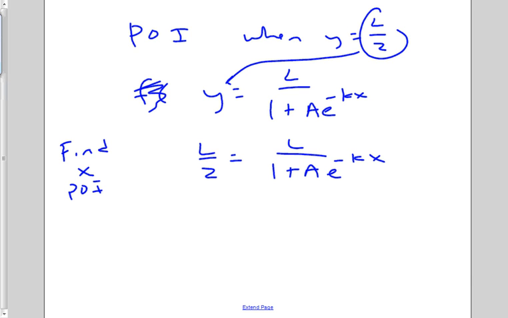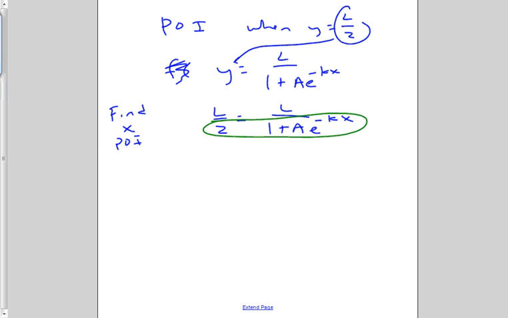This should look kind of familiar to you. We're just going to set these equal to each other. So setting those equal to each other, 2 equals 1 plus ae to the negative kx. And I'm going to stop this and set it